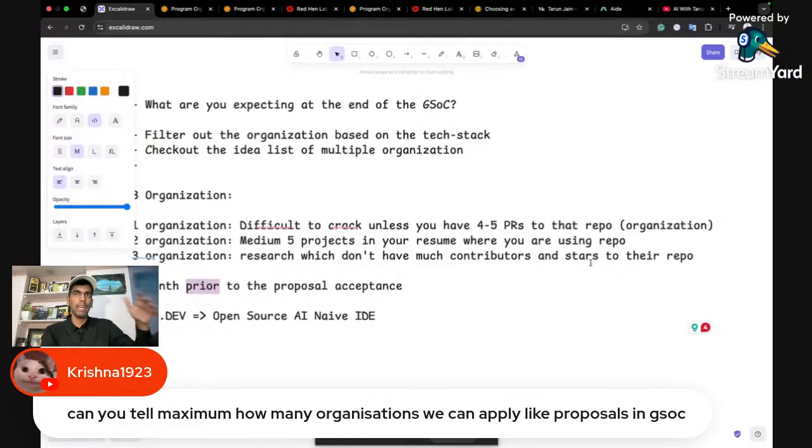So you just have to tell, hey, I'm working on it. Can you tell me what this feature does? You can tell something which is within the repository so that you have the idea, rather than directly pitching them on how I can get into Google Summer of Code. How you get into Google Summer of Code should be secondary. The first thing is just get the help. That's it. So that they can reply to your email.